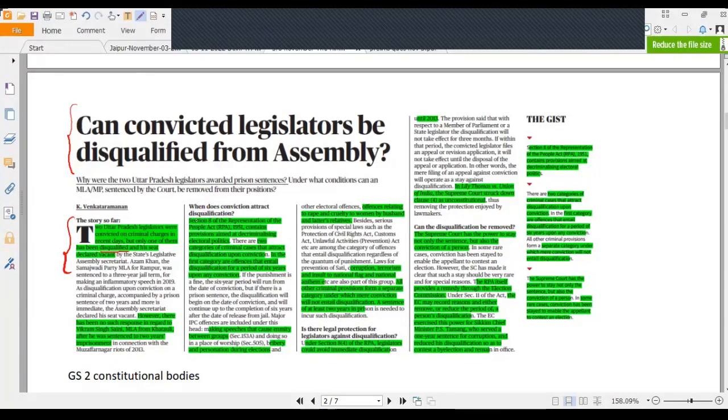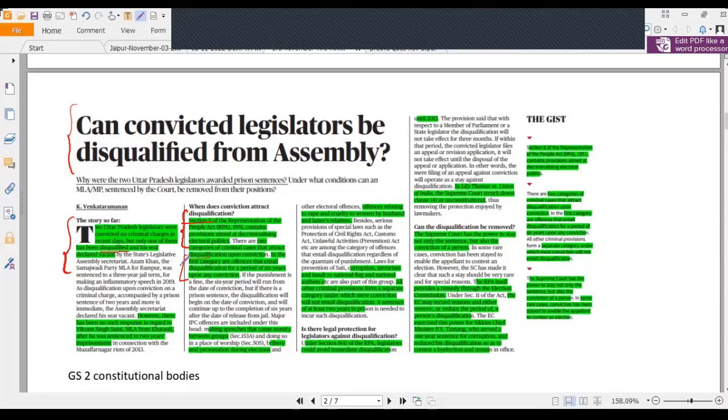So Section 8 of RPA Act 1951 talks about decriminalization of electoral politics, where it has certain provisions to debar the candidates or legislators from entering into politics or from contesting elections if they are guilty of charges mentioned under this provision. So under this section, there are two categories under which a person can be disqualified. So under first category,